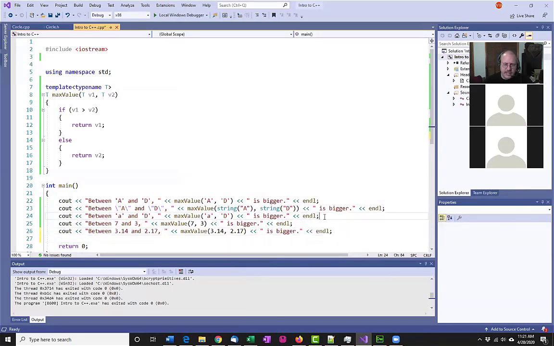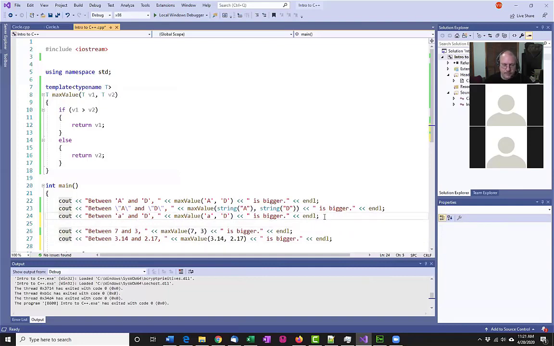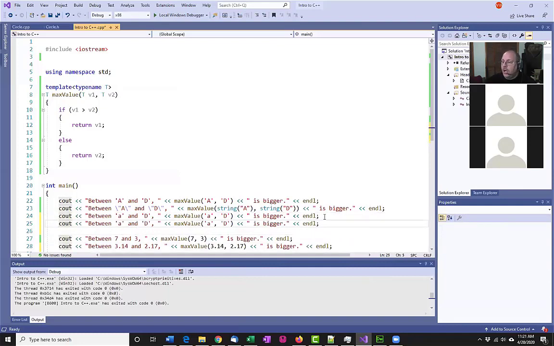I'm going to take this A and D here. By the way, if you didn't know, Control D is a line duplicate. So if you're wondering how did I type that so fast, I didn't. I cheated. Okay. I'm going to say I want to pass in a string and compare the string against my